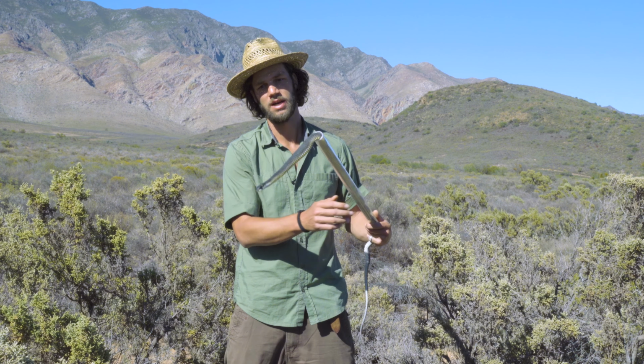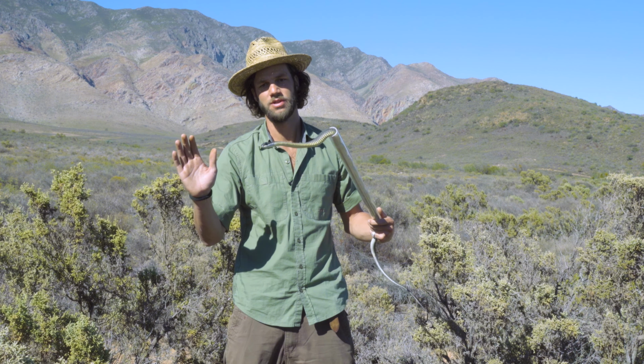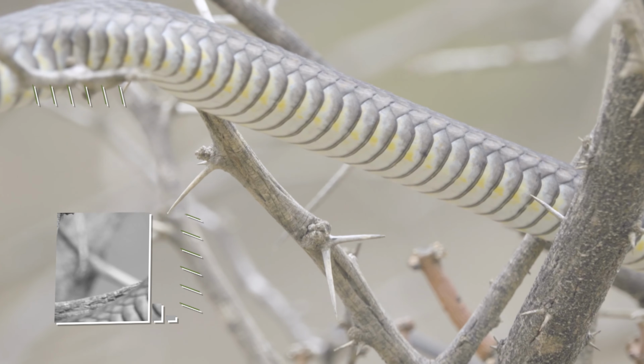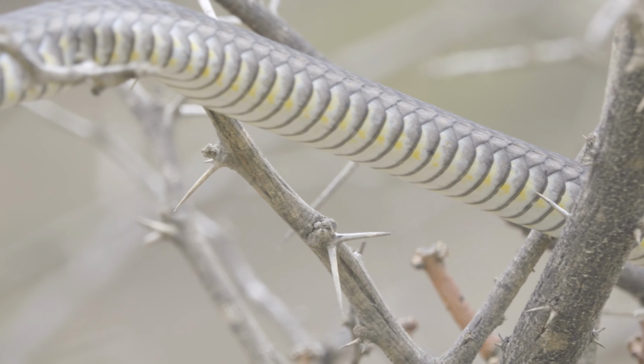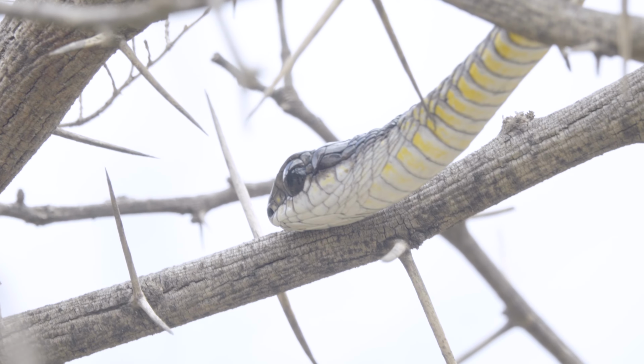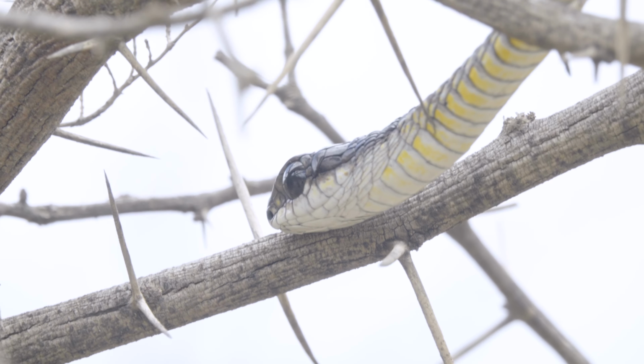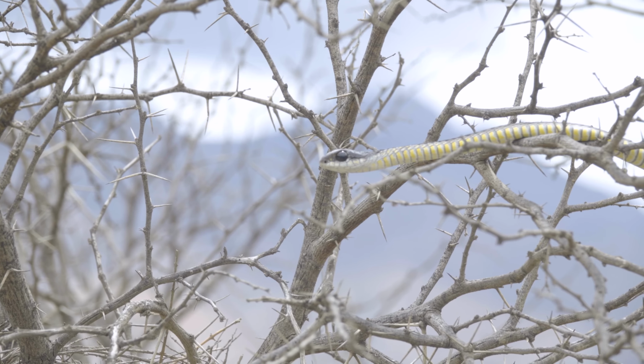This is a male Boomslang, and you can see the color difference. Here in the Western Cape, they have this very darker color. Over to the east of the country, or even in the south of the country, the males are a lot greener, a lot more yellow underbelly, and are completely different in coloration than this particular individual. The Cape Town ones are a lot black with the creamy white underbelly,